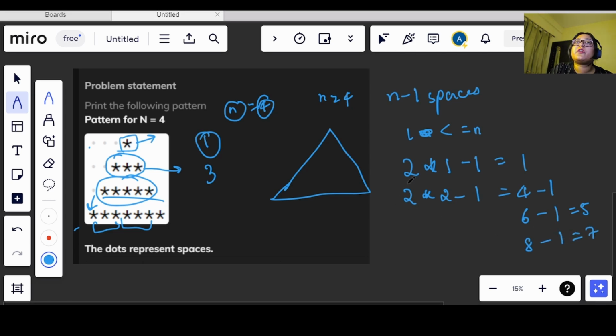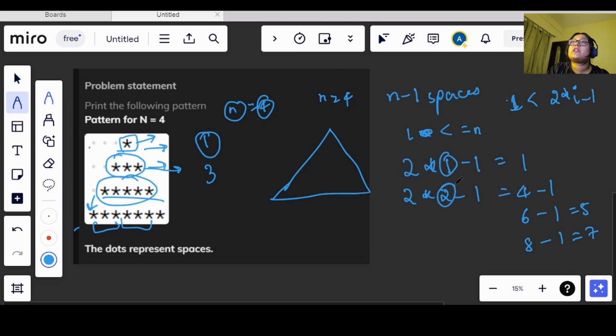So basically we are following a pattern here, in which we are considering i for the number of rows, right? We are considering j for the number of columns that is being printed, then it will start from 1 only, and how many times is it going? It is going till 2 into i minus 1, right?